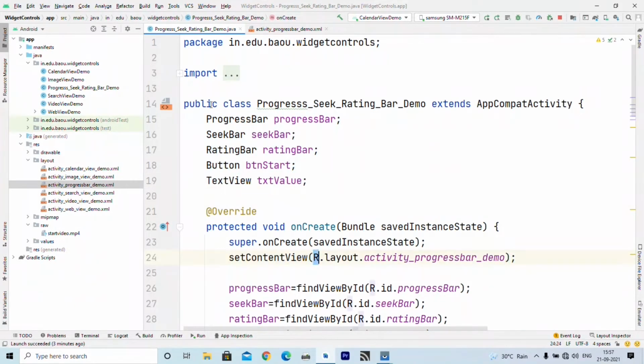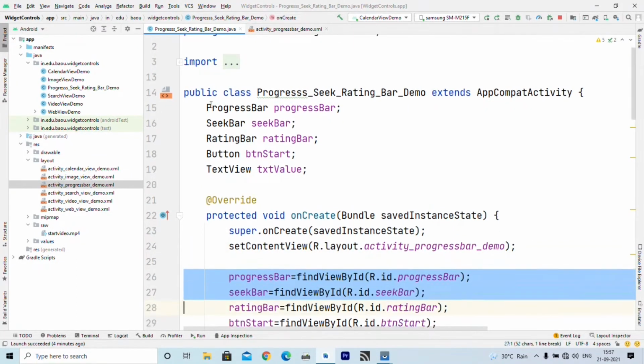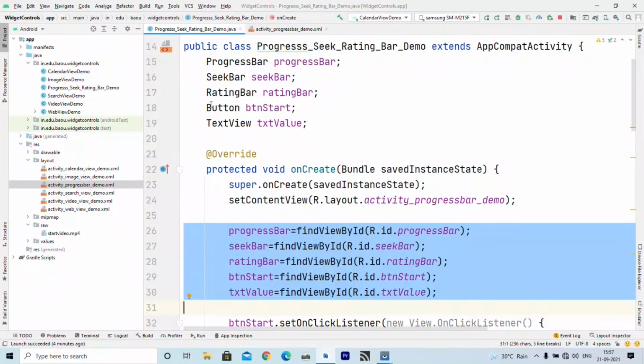Then always we have to set content view, which is activity underscore progress bar underscore demo in our case. Next we initialize all these controls or objects. Progress bar refers to progress bar in layout, seek bar refers to seek bar in layout, and so on. So using findViewById method, we initialize all these objects, right?